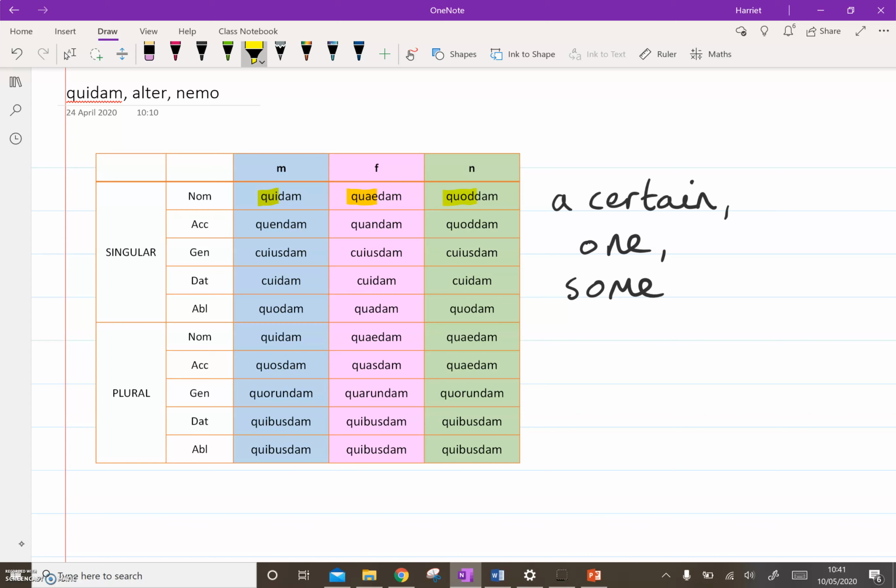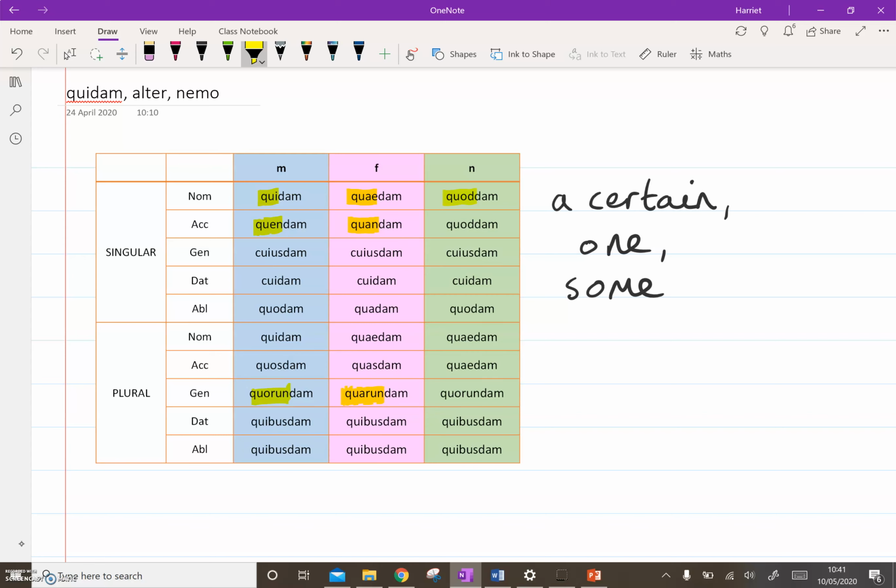So if you have a glance at the stuff before dam, it is just qui, quae, quod. The only difference is that when there would usually be an M at the end, in order to make pronunciation a bit easier, it's changed to an N. So the accusative of qui is quem, but here they've changed it to quendam rather than quemdam. The accusative of quae is quam, but instead of that we've gone for quandam, again just to make the pronunciation easier. And this has also happened with the genitive plural, so instead of quorum plus dam, it's quorundam,